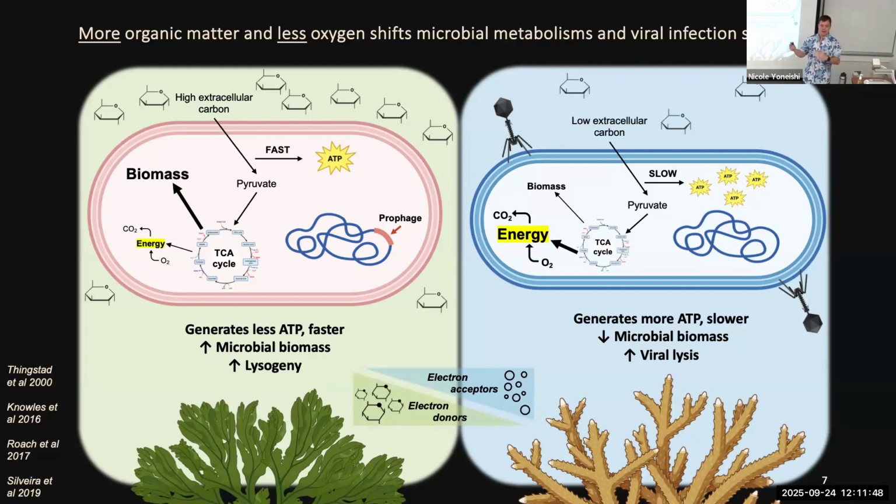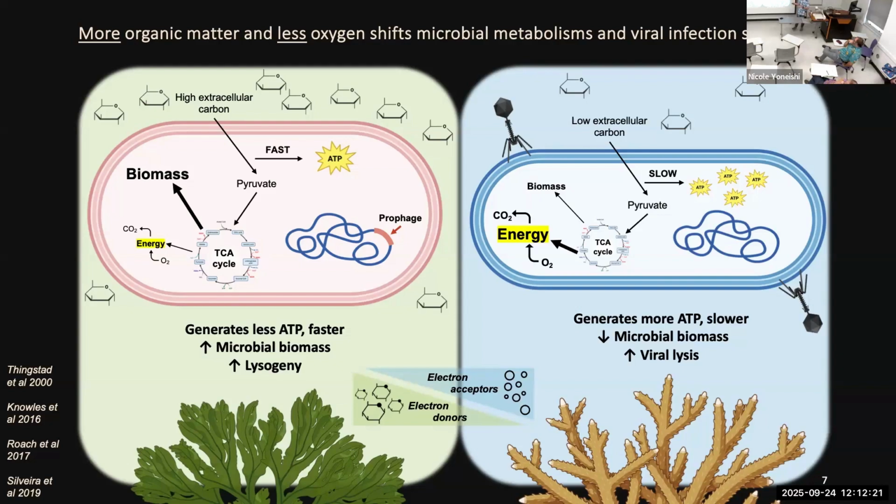And a lot of their metabolic intermediates end up getting shunted out into biomass. So these microbes actually are physically getting larger because of this phenomenon. So we see microbial biomass on these reefs increase. We see these shifts in their metabolic potential. And then the last thing is because they're growing so fast, growth rates are really high, we do see a shift in these viral communities as well, where they tend to favor lysogeny and integration to kind of piggyback along microbial success rather than lysis.